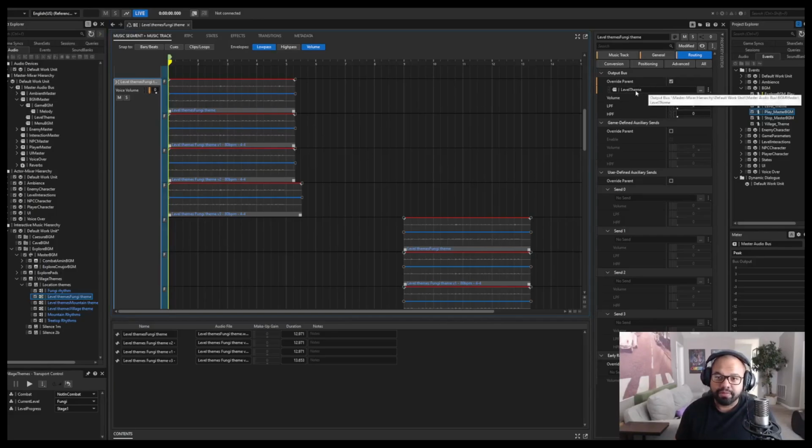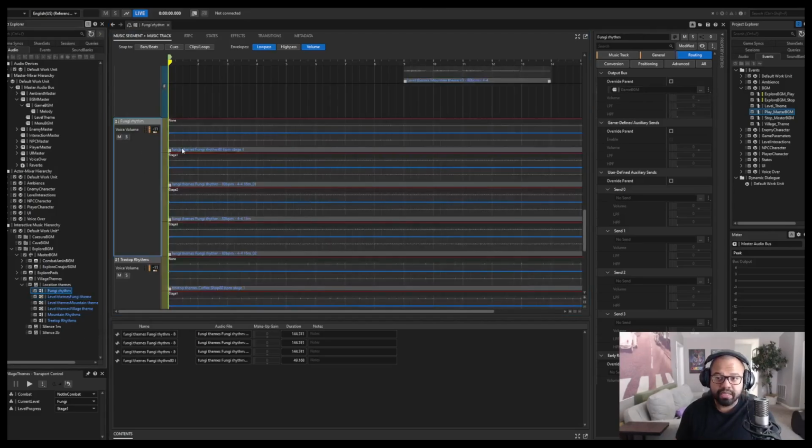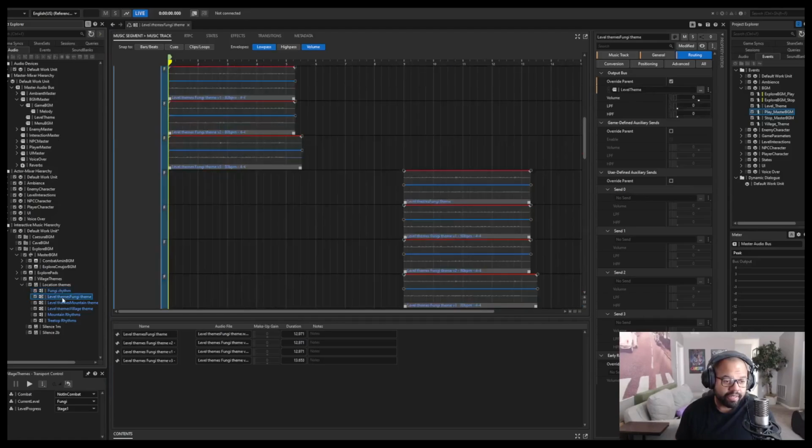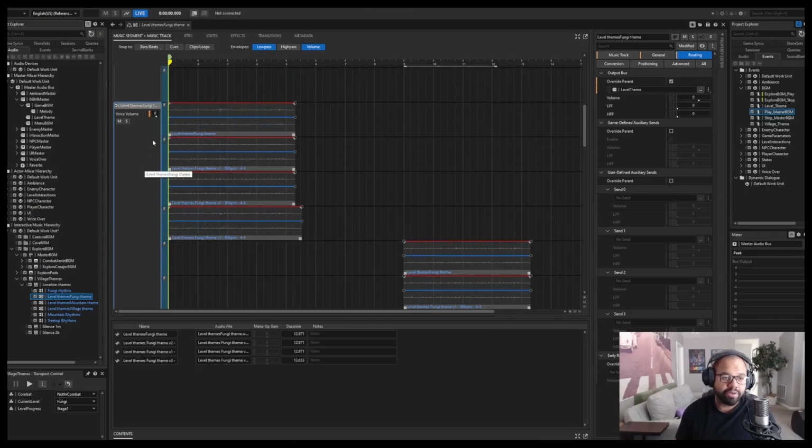and that's mostly controlled by the buses. These level themes, specifically just the actual melody, you'll notice the rhythm is playing through the game BGM bus, which is the parent of all this stuff, but the themes themselves are playing from a level theme bus. So I overrode the parent, and these are the level themes. So when I'm getting signal from these melody tracks, right,